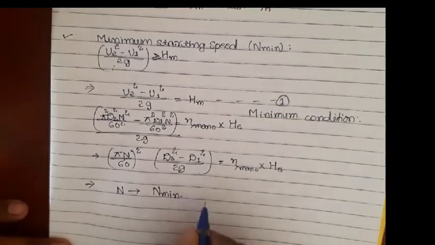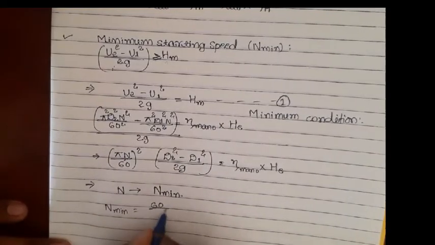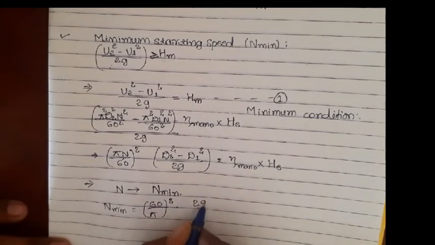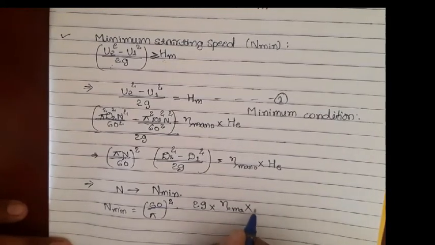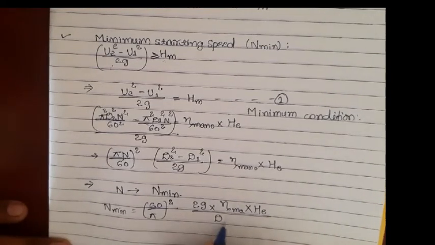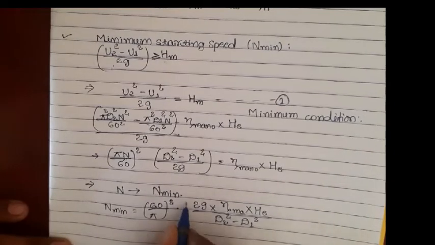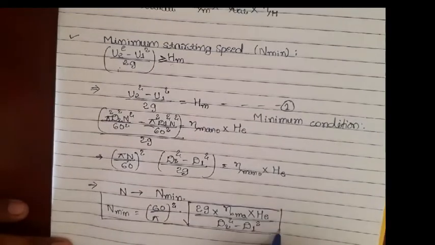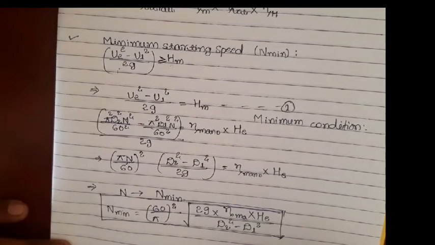So therefore, I shall modify and write n minimum is equal to 60 by pi, whole square into 2g, which goes to the numerator, into manometric efficiency into Euler's head divided by (d2 square minus d1 square), whole under the root. So this is the equation for the minimum starting speed for any pump in order to start working or start